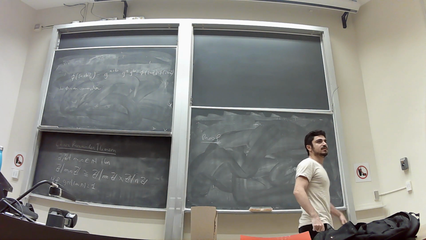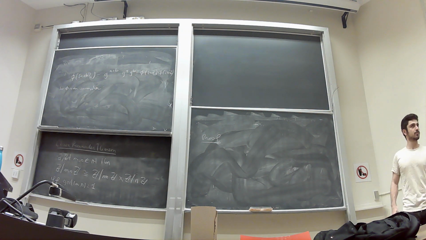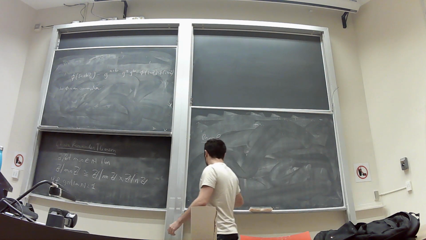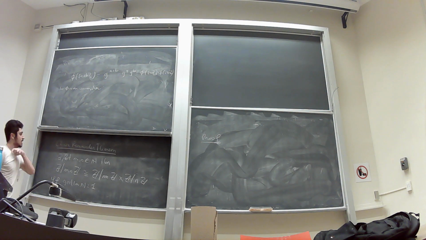Zm cross Zn. Say m is 2 and n is 2. It's not cyclic, right? Because you have no elements of order 4. Well, the idea is to prove that Zm cross Zn is cyclic if and only if the GCD of m and n is 1. Now notice first,